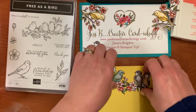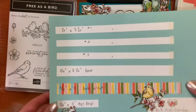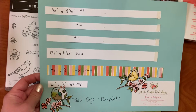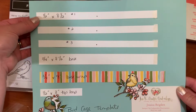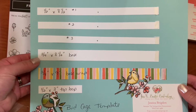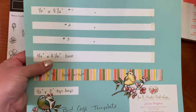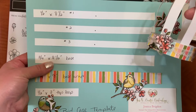So to get started, I have created a template here. For this little bird cage, you need 3 strips of paper that are 1/2 inch by 8.5, so 1, 2, 3. You need a sheet that is 3/4 of an inch by 8.5. That's your base. So the 3 strips will be used as the top, and then you need a base strip,